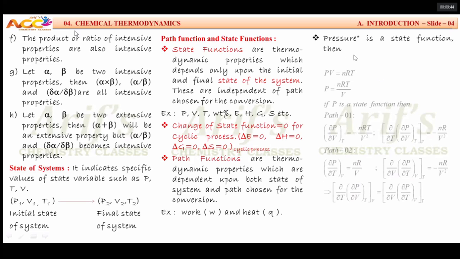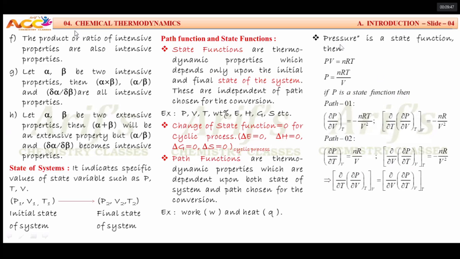See here. Suppose I am saying pressure is a state function, what is the meaning of that? If I change the initial and final state, it will change. But whenever I change the path, it does not change. So what I'll do is take a change in path. How do we change the path? PV is equal to nRT, right? I want to isolate pressure. P is equal to nRT by V. I hope this is comfortable for MPC students, right? If pressure is a state function, if P is a state function,